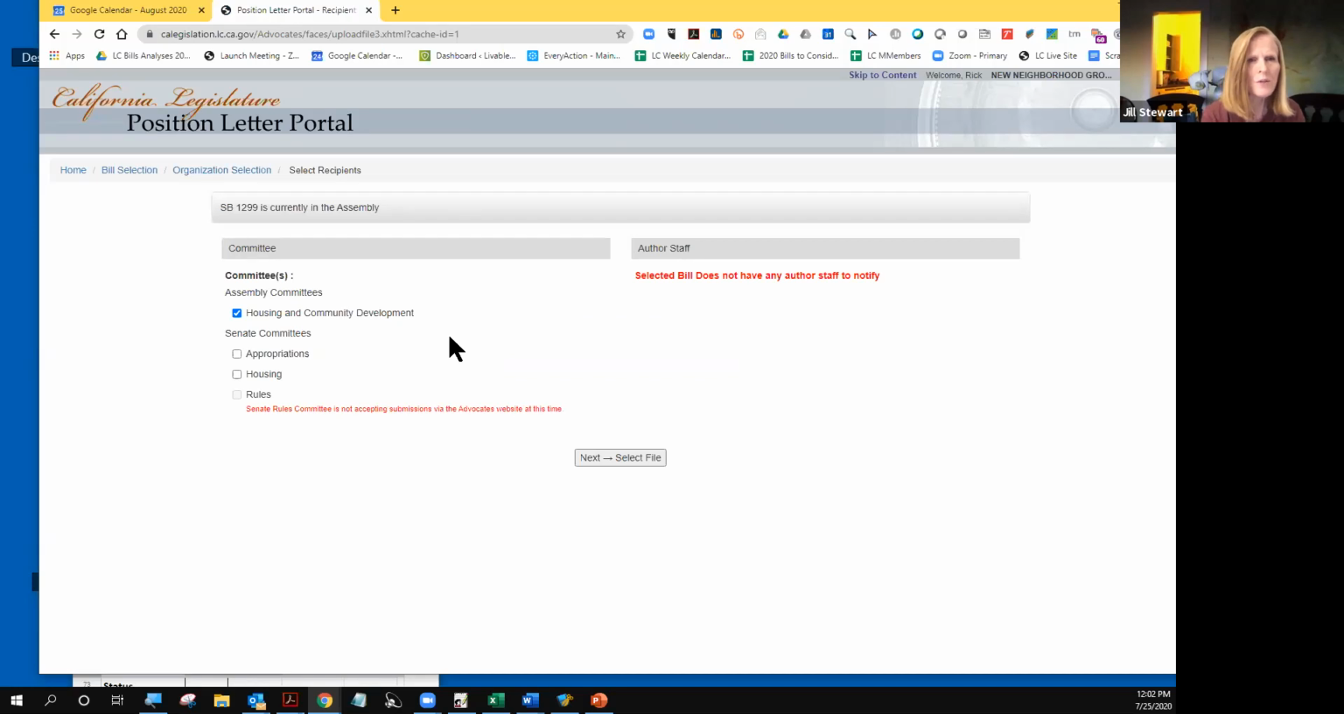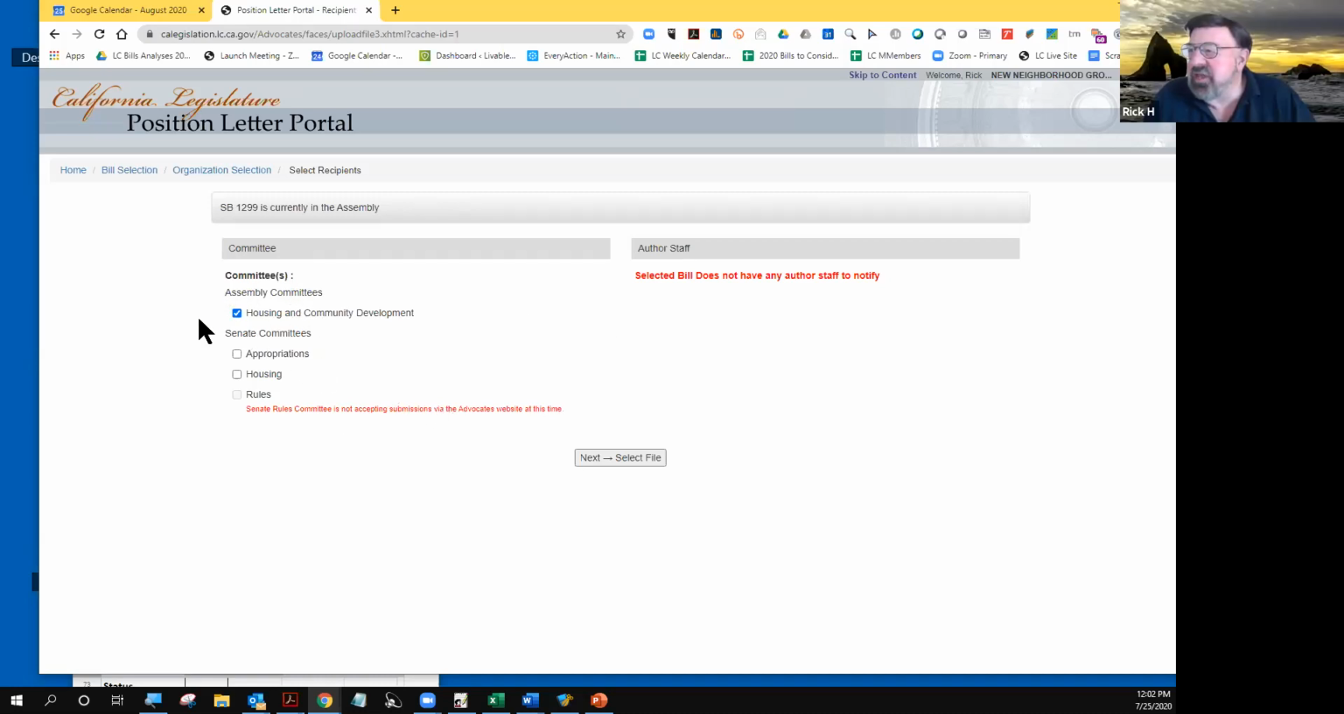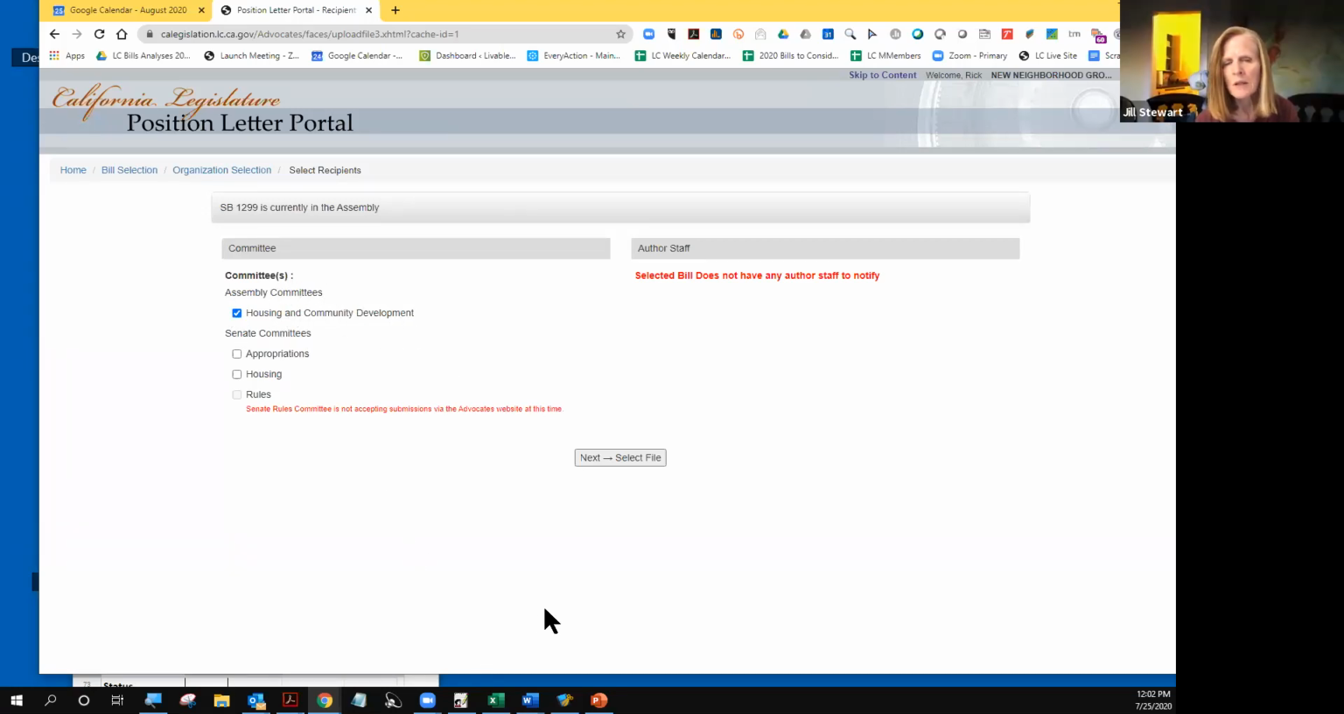Now it's going to tell you this bill does not have an author or staff to notify. Fine, whatever. But you see, it knows where the bill is going, and it's already said it's going to the Housing and Community Development Assembly Committee. You don't have to know which committee. The system is going to tell you the committee that it's been assigned to. The system already knows. So go ahead and